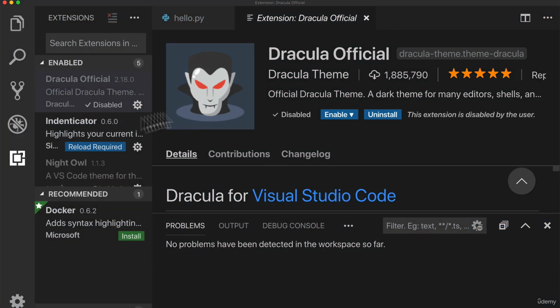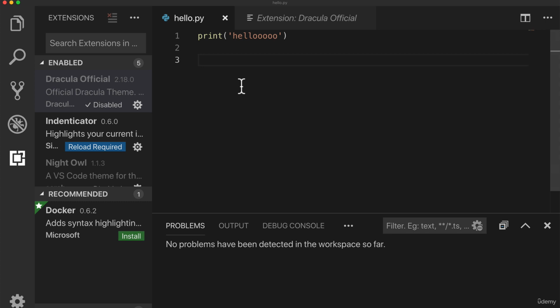You'll see that I just have a few extensions that allow my Visual Studio Code to be customized. But in your case, if you're just installing Visual Studio Code, it'll look something like this. But by installing the Python package with PyLint, we now have a fully enabled IDE, in a sense, for us to write Python code.